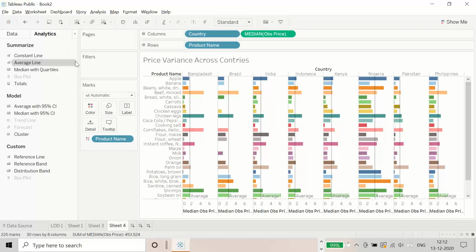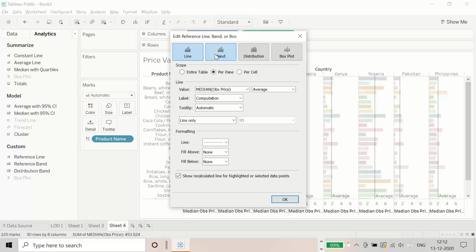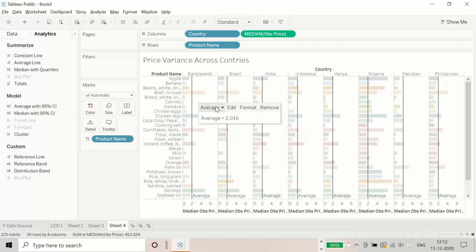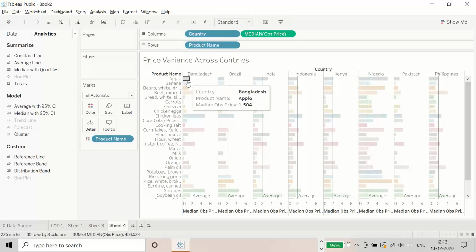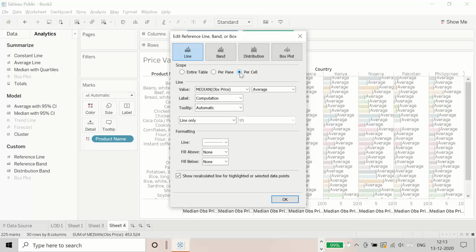Now if you want to put, right, you want to change it, you can edit it, स्कोप एंटायर टेबल करना है तो ये पूरे टेबल का जो एवरेज प्राइस है उसके हिसाब से लाइन आ गई आपके पास। राइट, एडिट, नाउ स्कोप एंटायर टेबल पर पेन मतलब हर कंट्री के हिसाब से एवरेज प्राइस का कैलकुलेशन होना चाहिए। पर सेल पे इस तरह से आएगा।